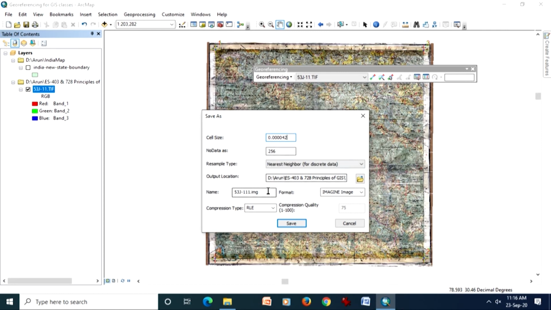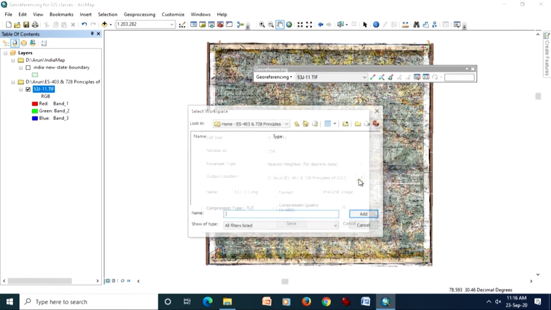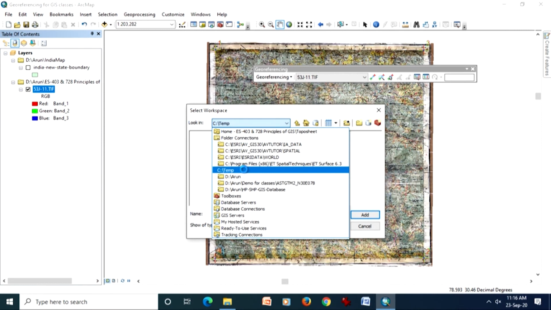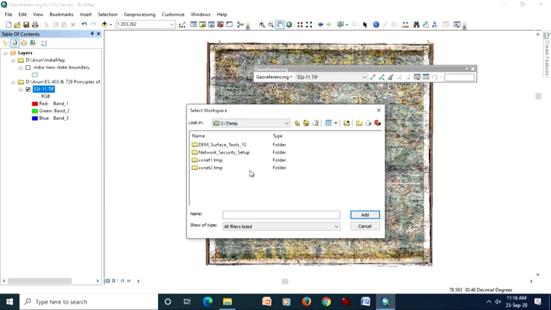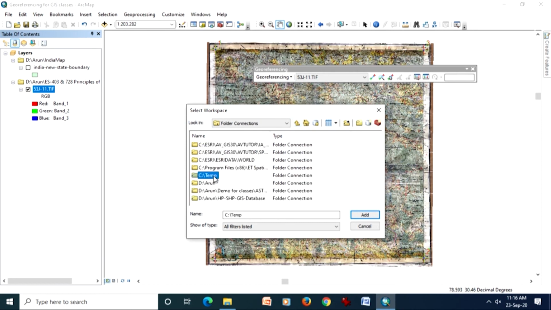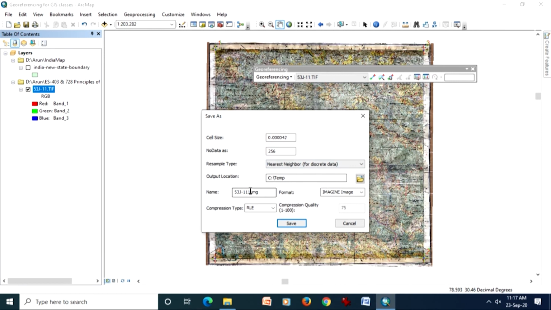And of course, you can choose the name of the file, and then save it. For example, if I save this file in a different folder, and I say this is 53J11 and georef, and I am keeping it in my database, sorry, like this.